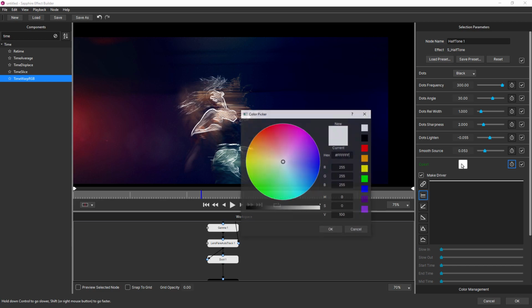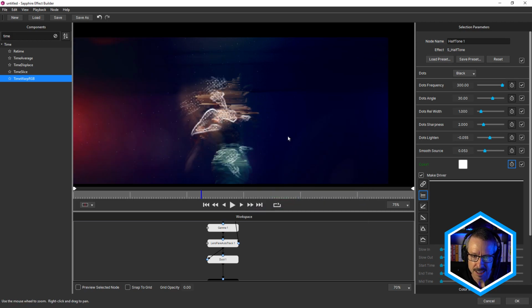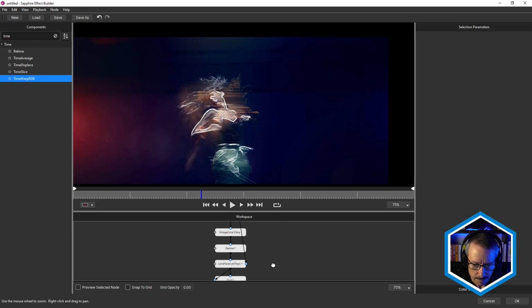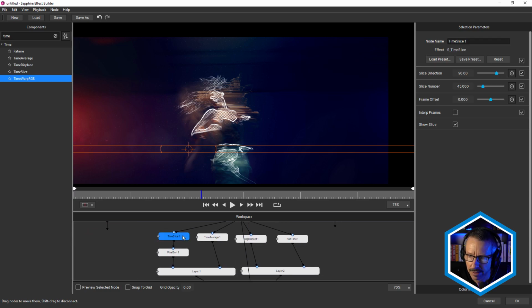So if I change the halftone, then it will change the color of the flare as well. So it doesn't particularly make any sense in this look, but parameter linking can be really handy depending on the kind of look that you're setting up. So think about parameter linking and then just come into each of the effects and just choose which parameters you want to see in the host. So I just basically turn everything off.